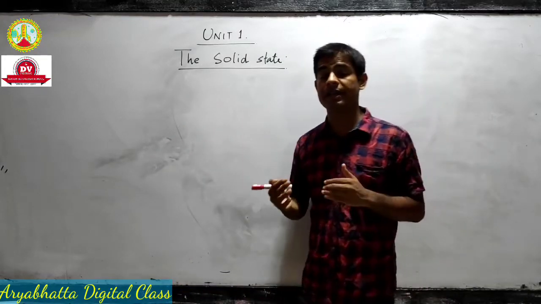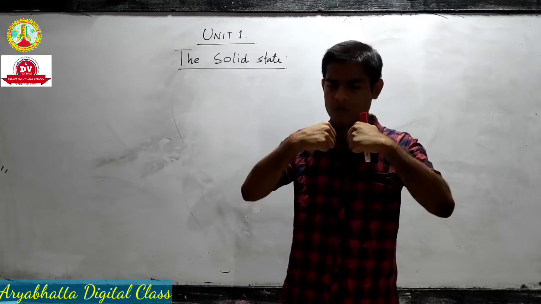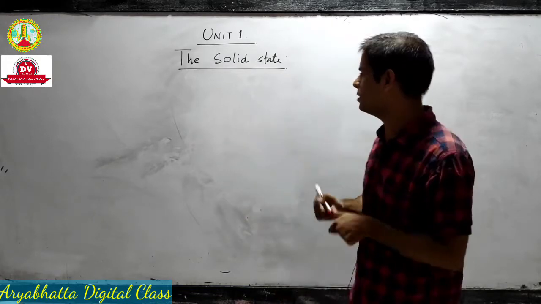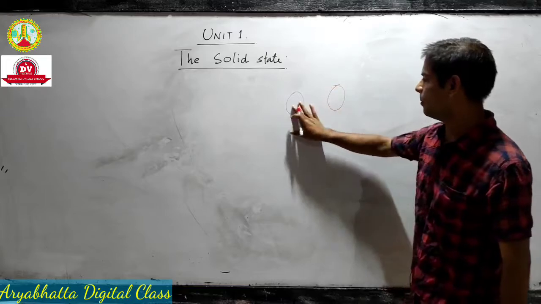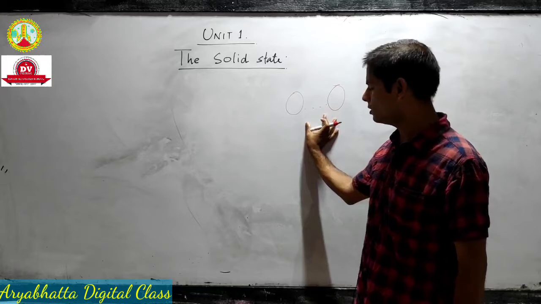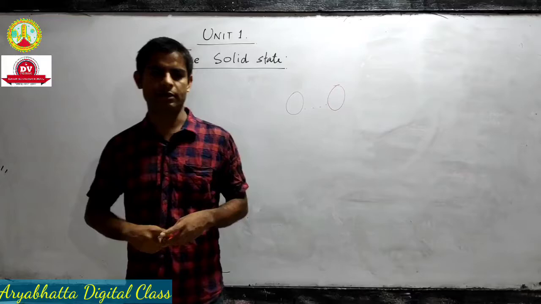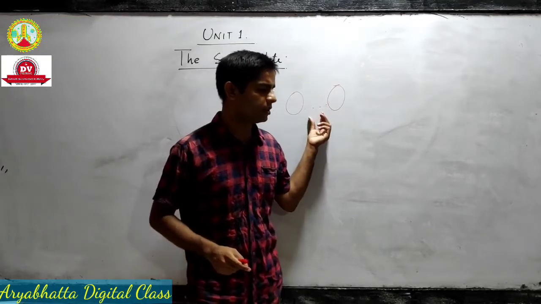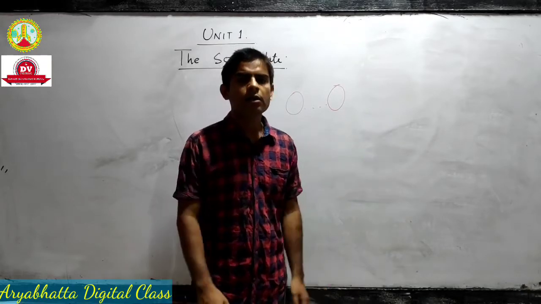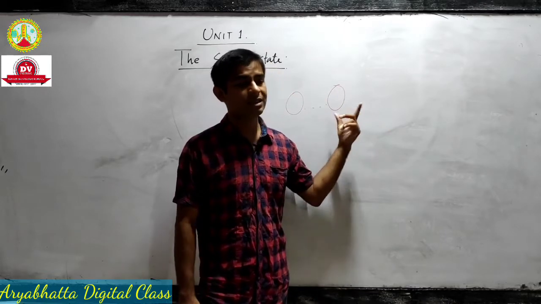If the intermolecular interaction is very, very good, then what will happen? The molecules will remain very close to each other. And what is intermolecular distance? Intermolecular distance is the separation between two constituent molecules. So when this intermolecular distance is very small, the physical state is solid. When these distances are intermediate, they are liquids, and when they are far apart, they are gases.